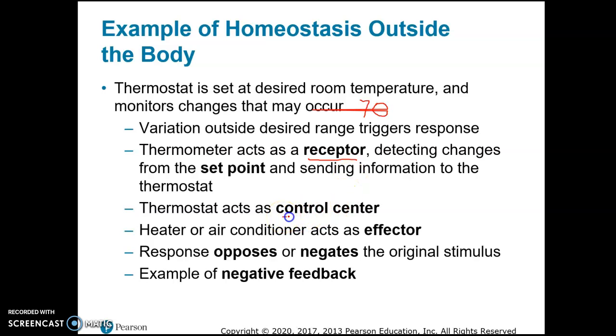When the thermostat receives that information, it sends information to the effector. In this case, it would send information to the air conditioner. The air conditioner would be the effector if the thermometer reads that the temperature rises. The heater would be the effector if the thermometer reads that the temperature drops too much. So what happens is the response is opposite. So we say that the response opposes or negates the original stimulus. And that is why we call this type of